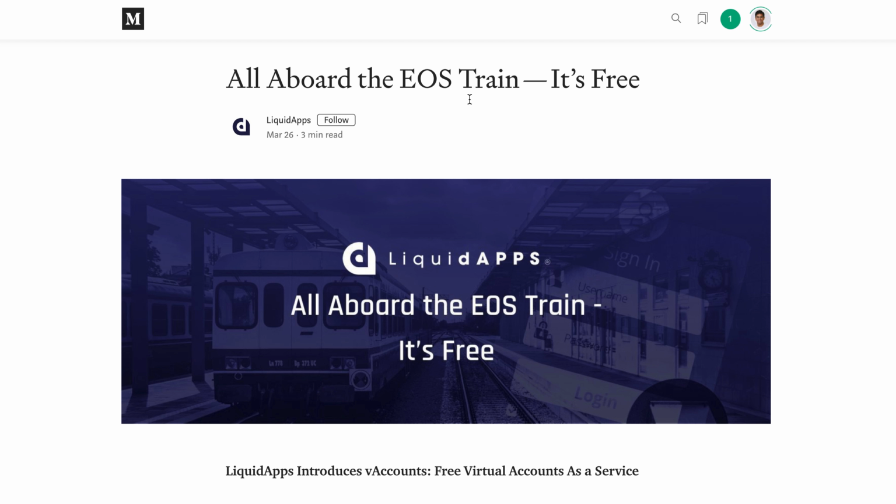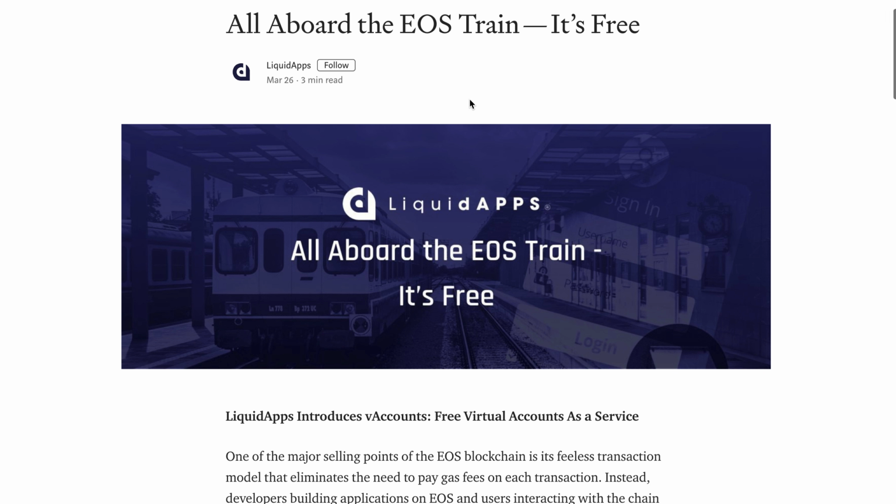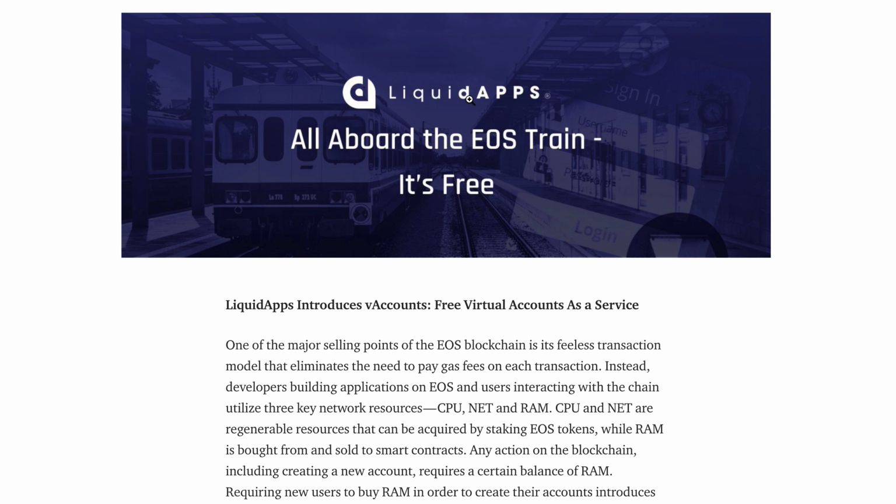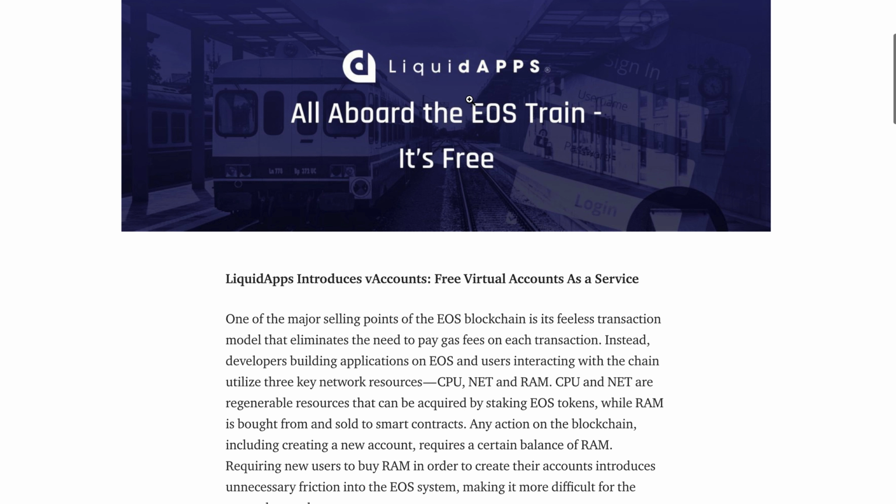is a virtual account, just like virtual RAM, which LiquidApps had announced. This is an effort to reduce the cost for dApp developers to onboard users, specifically in a dApp-specific context when you're trying to give accounts to people. Using the V accounts feature, you can give free virtual accounts to everybody who will have their own public key. They will be able to interact with the mainnet using a DSP, using an actual single mainnet account. But for them, it will almost be the same as doing an action on mainnet directly using their own public